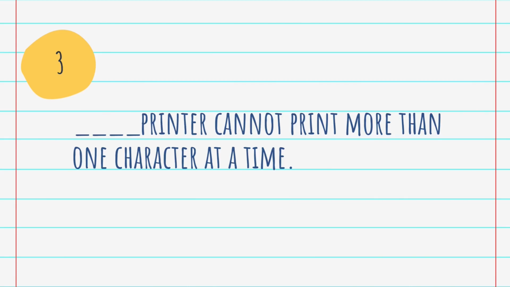Question number 3. Blank printer cannot print more than one character at a time. Dot matrix printer cannot print more than one character at a time. Dot matrix printer is also known as the impact printer. The head of these printers contains a matrix of dots or pins or hammers. That's why these printers are named dot matrix printers. Generally, a dot matrix printer has 9 or 24 pins in its head. The speed of dot matrix printer is generally in the range of 100 to 300 characters per second,